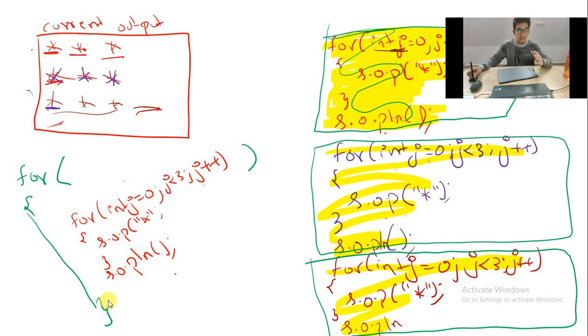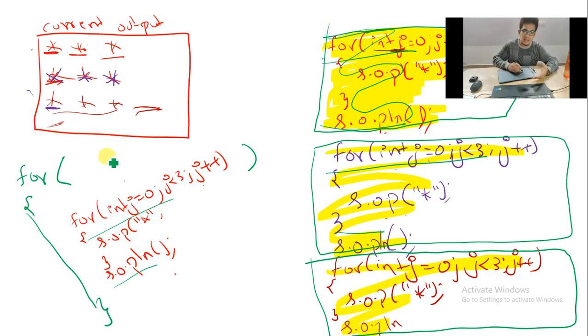Now you have to understand, what do you have to write inside this for loop? What you have to write inside the for loop is that code which is always repeating. As you can notice, what is always repeating? This, the J loop and println is always repeating. That's why I have written the J loop and println inside the body of one more for loop, because I want to repeat that again.